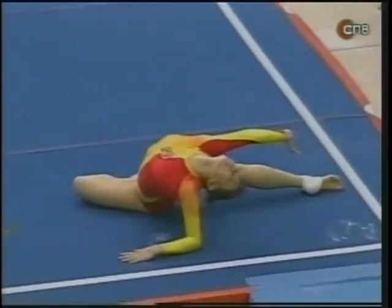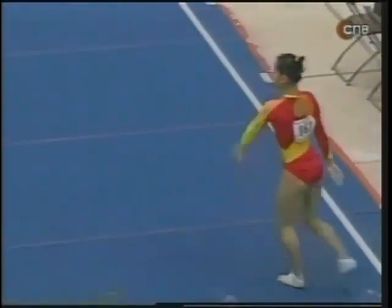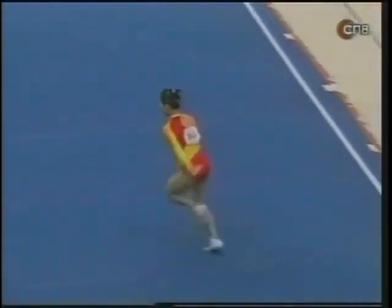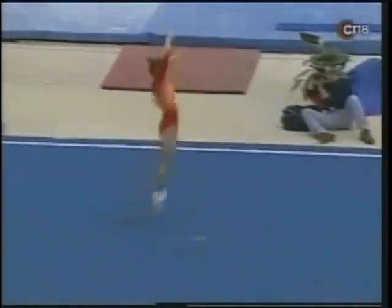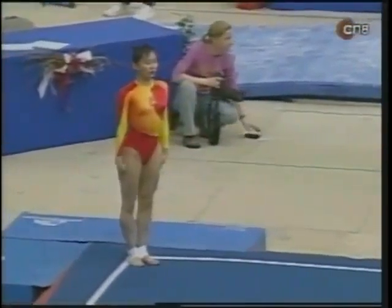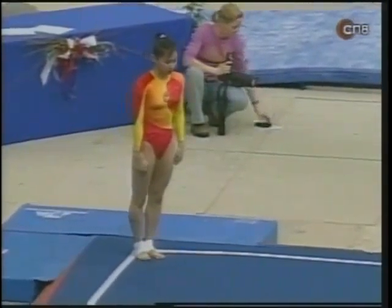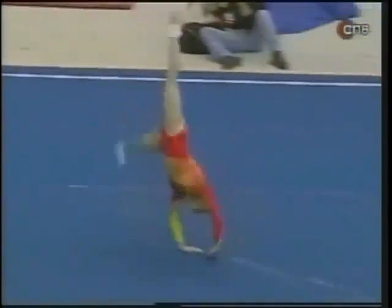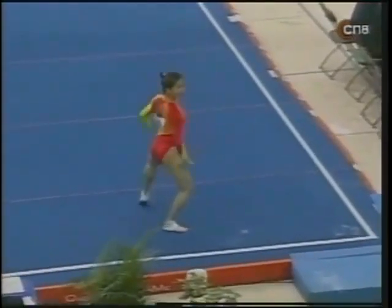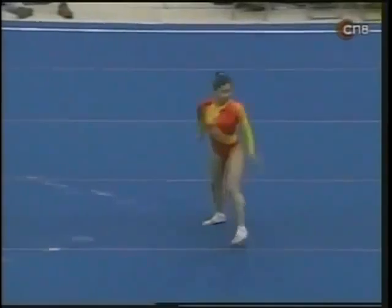Zhang Nan, a wonderful competitor, bronze medalist at World Championships and the Olympic Games. Nice high tuck full in to open, and I'm going to be a little critical here. I find that when they walk back into the corner, it's just a little bit sloppy. That's something that you learn when you're a young gymnast that you just don't do. And you can watch in the next couple of tumbling passes and see what I